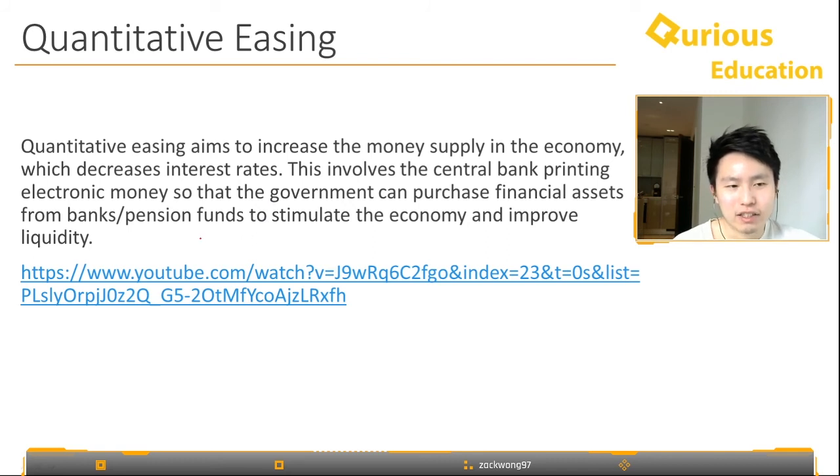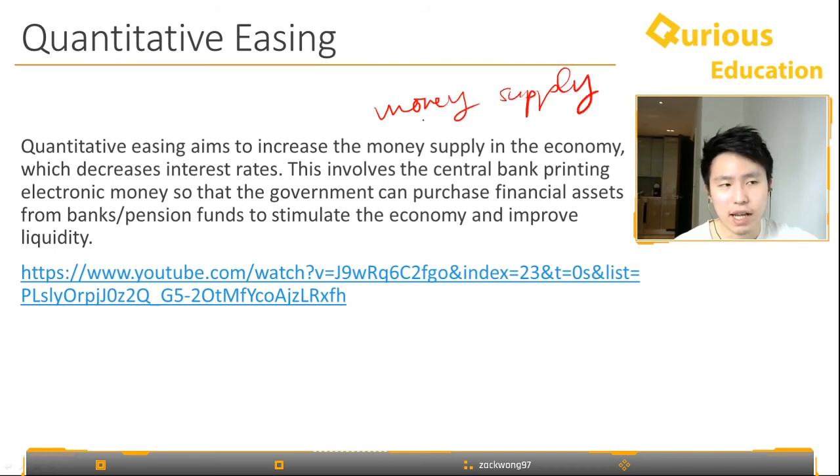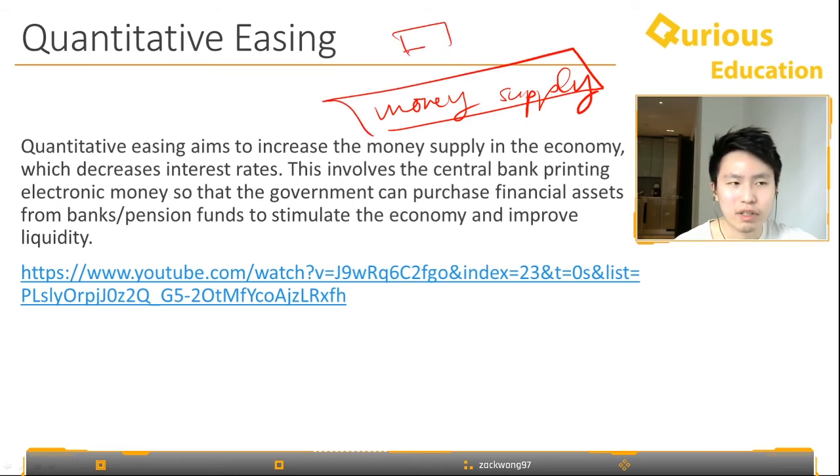Okay, so now we've talked a lot about interest rates, but another way to implement monetary policy would be through money supply. There are a few ways to change the money supply in the economy. The government can print money, which would increase the money supply. So if they print lots of cash,